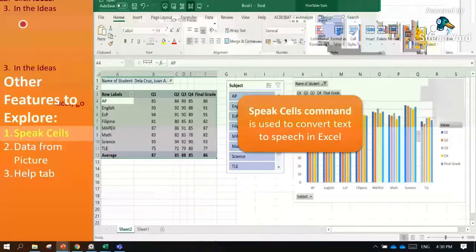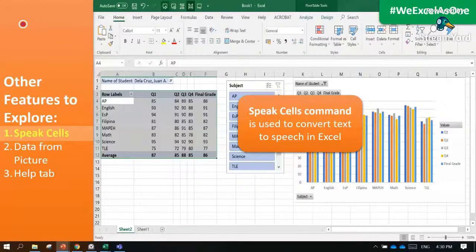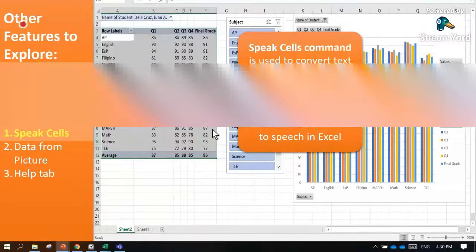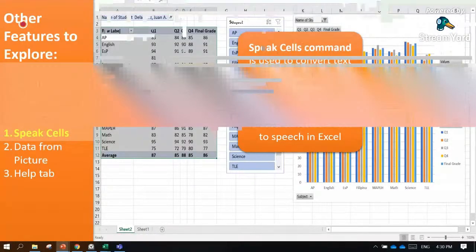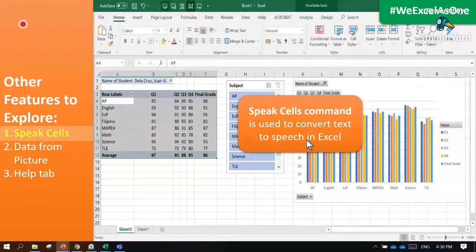Now, next are the other features of Excel 365 to explore. Say, for example, the speak cells. Okay, are you already familiar with speak cells? Not yet. Okay, thank you for the response. So if you are not familiar yet, I can demonstrate this one in a shortcut of this command. Okay, so the speak cells command is used to convert text to speech in Excel.